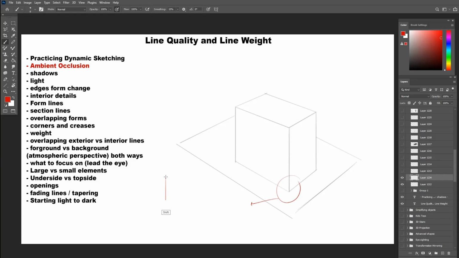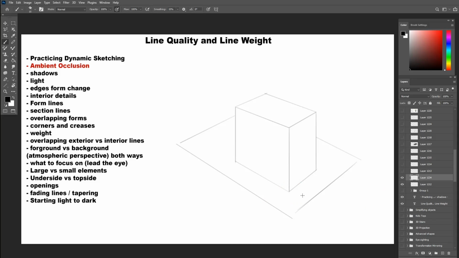Let's zoom in to this corner. Even if the corner isn't 100% sharp, the area between the corners and the carpet or the floor will be occluded by the object itself, so that it will be completely dark. Since objects are not glued to the floor underneath them, they will always have a tiny space in between them and the ground that will give a slightly darker shade underneath the object. So whenever you draw objects sitting on the ground or other objects, there will be a slightly darker line in between them to separate them apart.